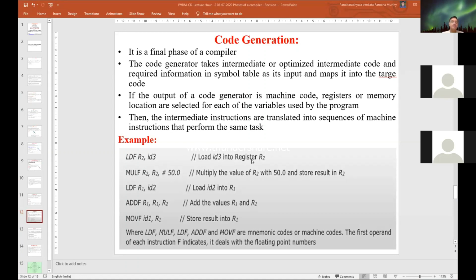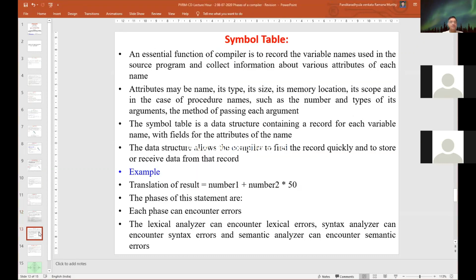Similarly, once again load ID2 into R1, perform the operation between R1 and R2, and save the result in R1. Finally, we move R1 into ID1. ID1, ID2, ID3 are memory locations. Finally, we store the result into ID1. This is the meaning of code generation.